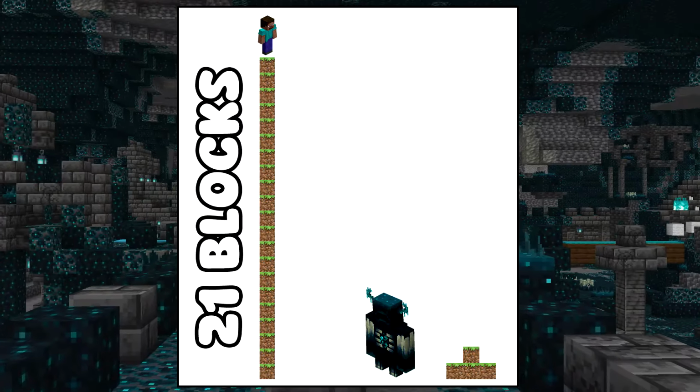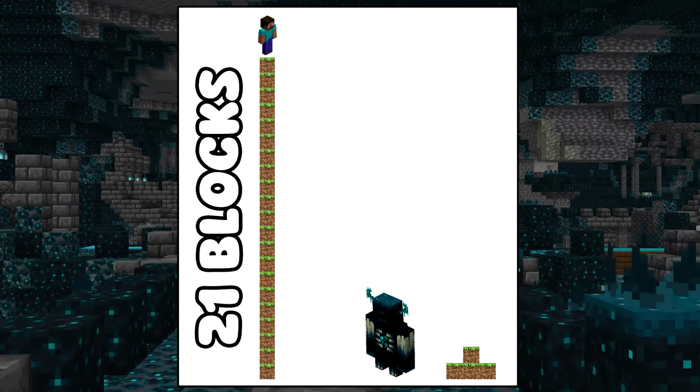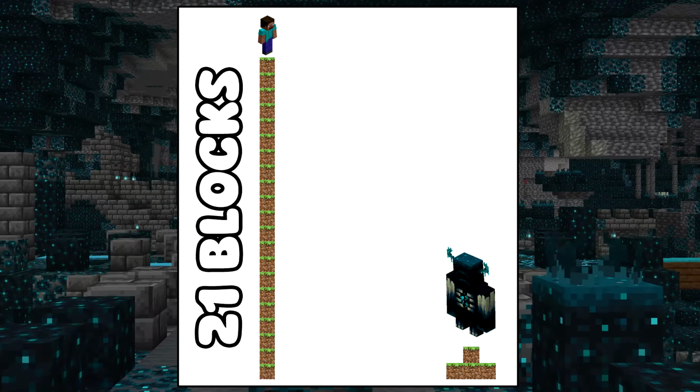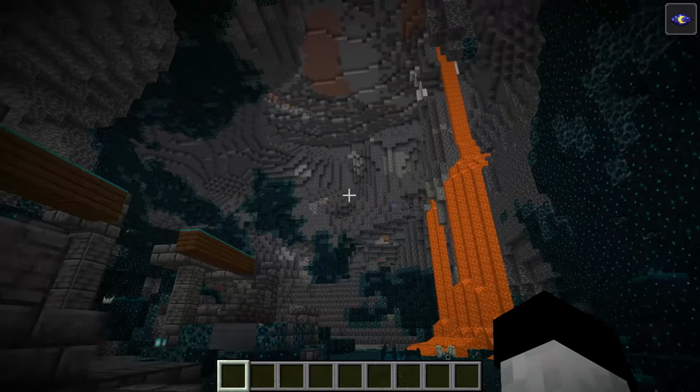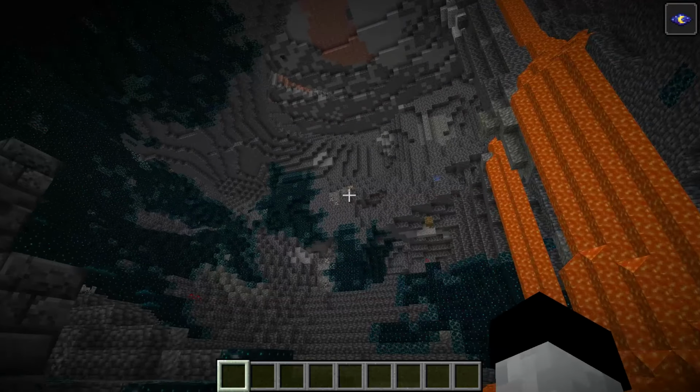The problem is, when you build a 21 block high tower and fire an arrow at him, he'll try and attack you and realise he can't reach you. Unfortunately, he's self-aware enough to search for higher ground and reduce that gap. So in order to actually be safe from his attacks, you need a tower 21 blocks higher than his highest